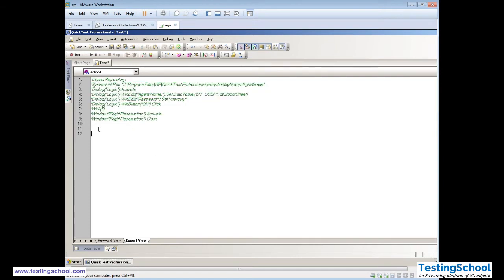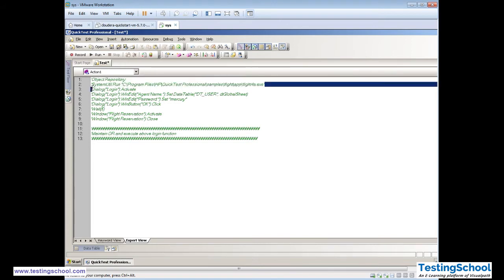Okay, now so what we are going to do, we are going to maintain OR repository.